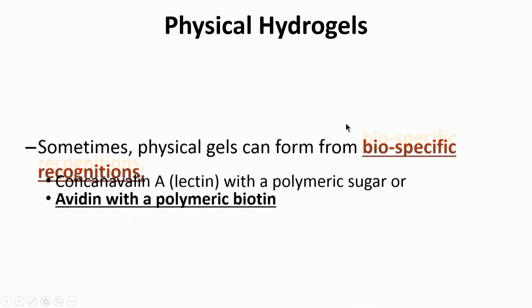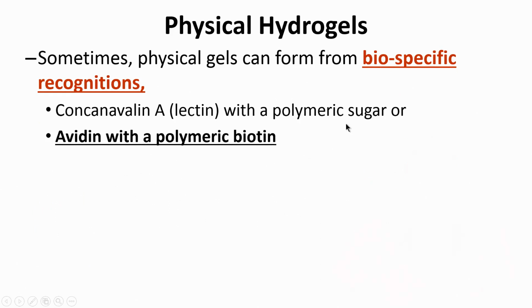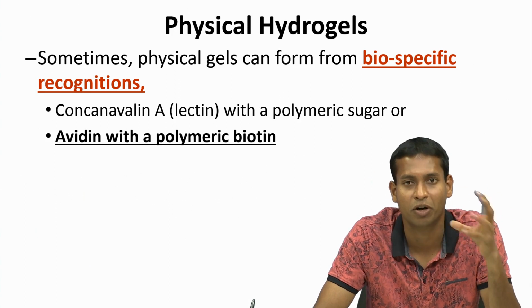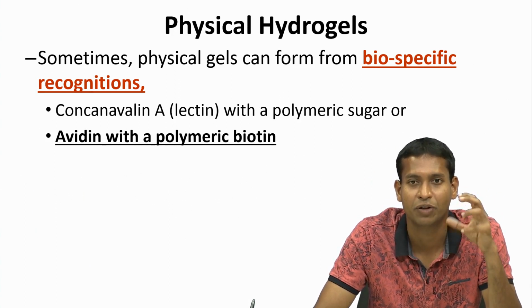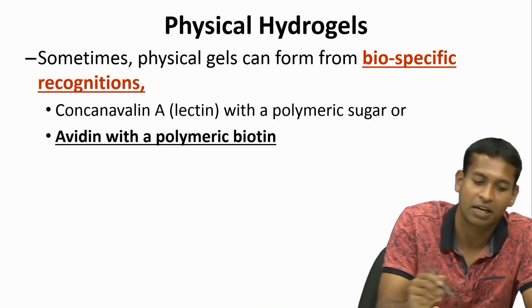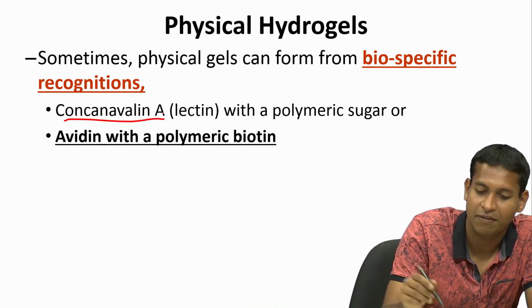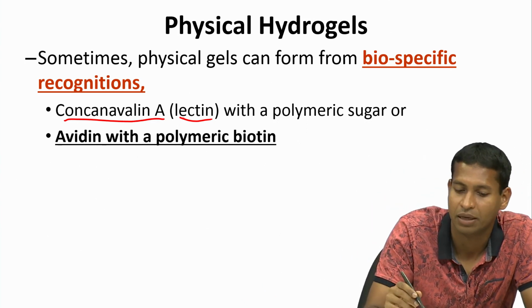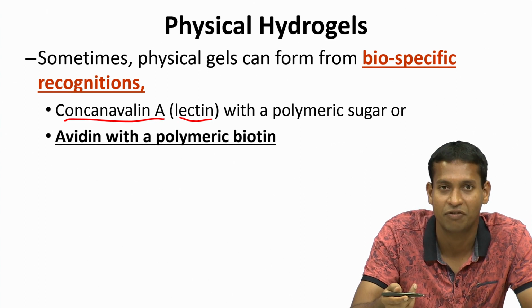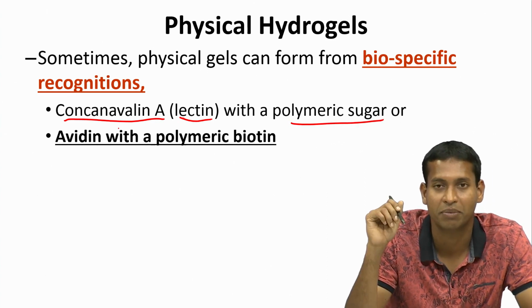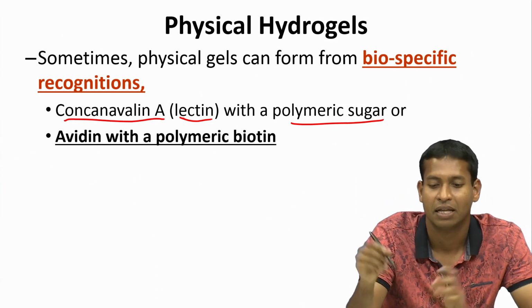So, something more on the physical hydrogels. Sometimes physical gels can form by biospecific recognition. It may not be a covalent bond and it may not be any of these interactions, but we know in biology there are lots and lots of specific interactions. So you have concanavalin A, which is a lectin. Lectins are essentially proteins that bind to sugar, so this has a natural affinity to bind sugar. If you mix this lectin with this polymeric sugar, what will happen is, let us say